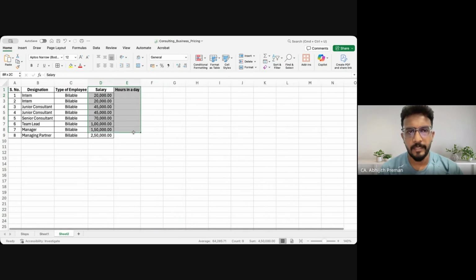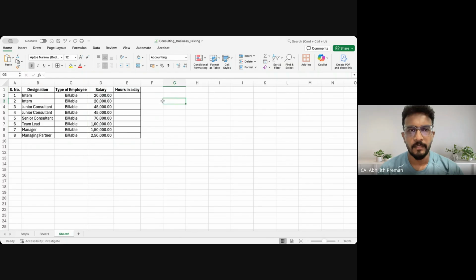Firstly, our idea is to calculate the hourly cost of these people. For example, this office works from 9 to 6, so we have 9 hours in a day. Maybe, what is the idle time? Idle time can be lunch break, tea break, and all those things. Say we have 1 hour of idle time for every employee. So net hours is